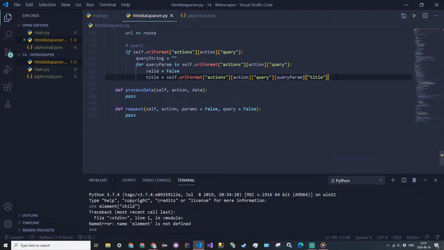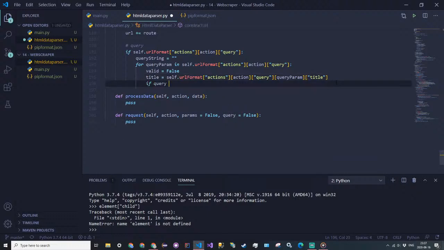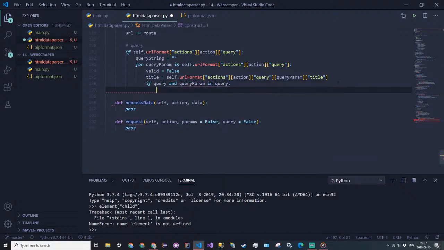Okay. Next we're going to say if query, so if query actually exists, and query param in query. So if the passed in query exists, and if that has query param in it, we're going to say if self.url_format at actions, son of a bitch, at action at query param